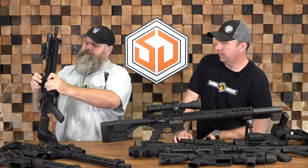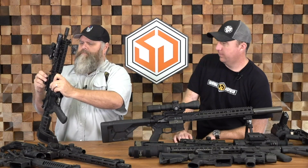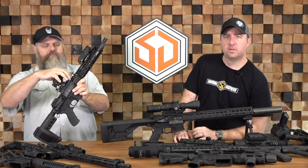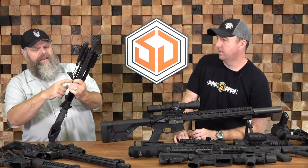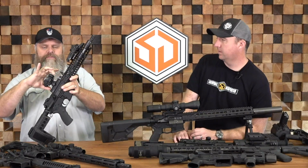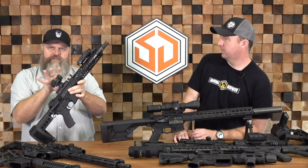There it goes. There you go. Come on. There. So now it returns to zero. My fault on that. When you snap this thing in, and this is a kinetic QD right here, when you push this thing in, it locks so that they're locked open. You can take it off, and when you put it back on, you're supposed to just snap it on, and